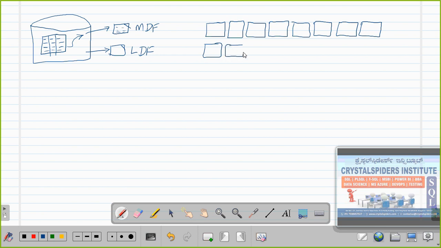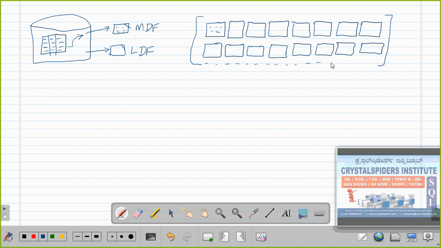What will these pages store? Inside that file we have a lot of pages, and each page size is 8 KB. I am unable to draw the same size of the page, guys, so I am just drawing square boxes, and each square box is nothing but one page. Inside these pages it will start storing the data. Here I have written a total of 16 pages, and like this we can have so many pages inside a data file. I just mentioned 16 pages as an example.